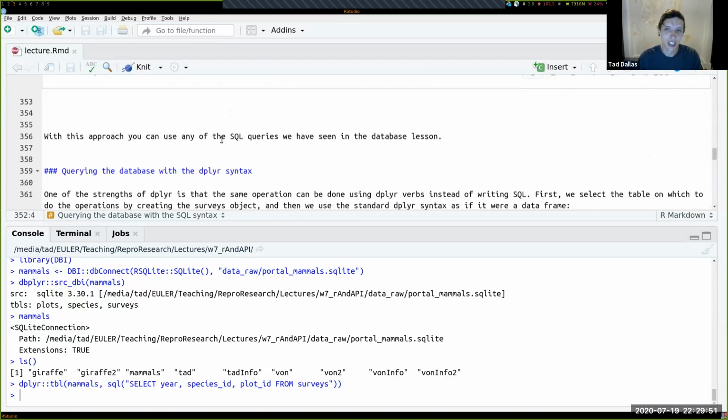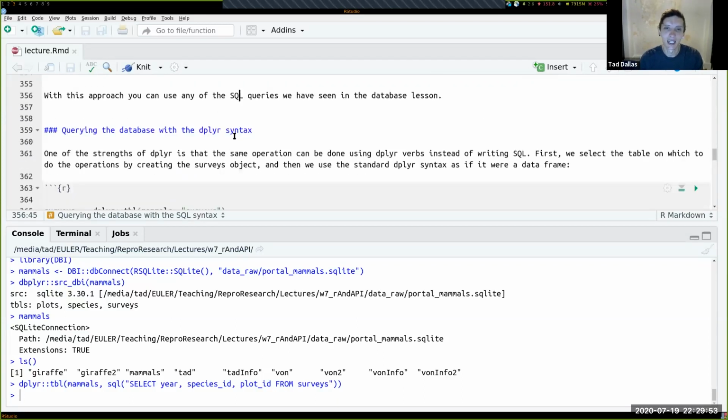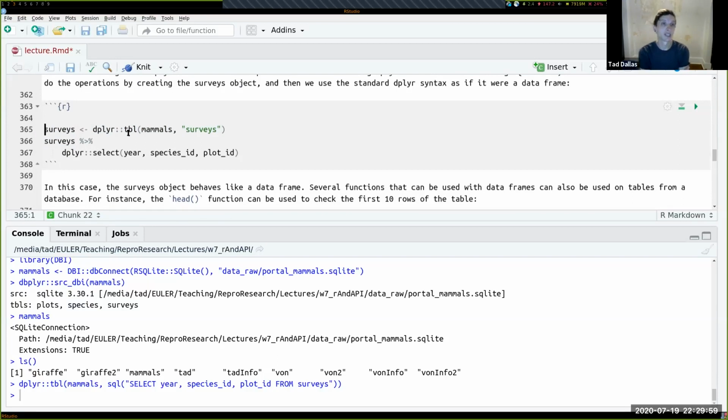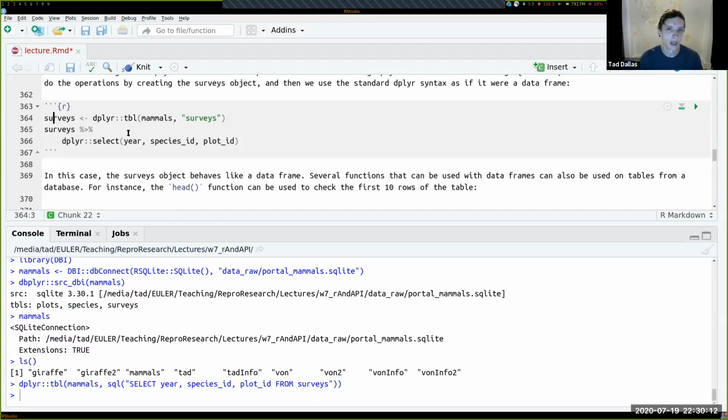But you don't have to use that sort of SQL syntax. When you don't, you'll have to pull the object into R, which means taking up that memory, and so being cognizant of that is good. And so here we can name something surveys, and what we're going to name surveys is the table object surveys from the relational database,